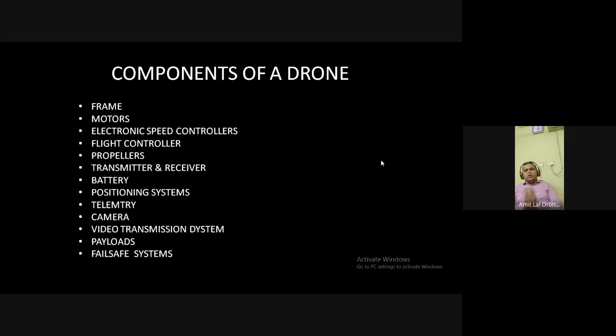Talking about the main components of a drone, we first have a frame. Like our body has a skeletal framework, without which our lungs, our heart, everything won't be in place. Similarly, we have a frame for a drone. Let's say, for example, this is a Mavic Mini. This whole component that you see, the major portion of the drone, is the frame. It is the thing that holds every other part in it.